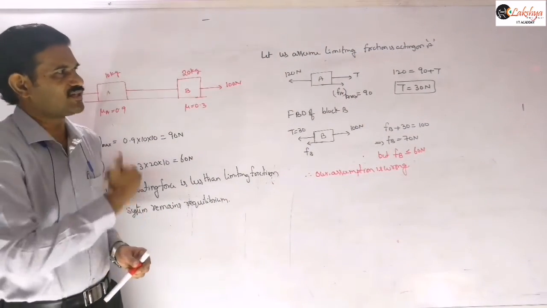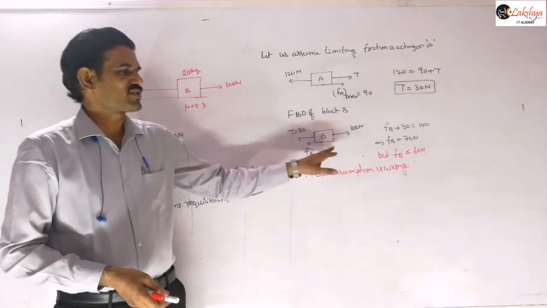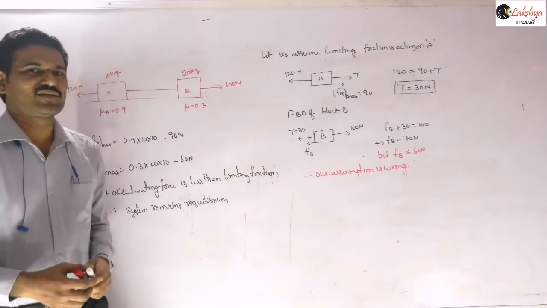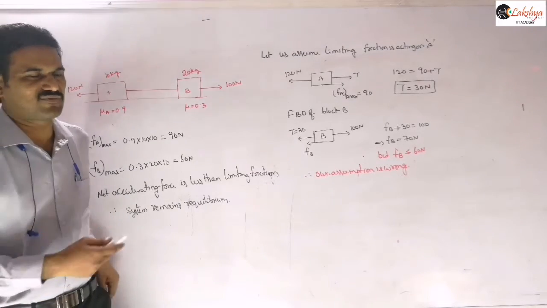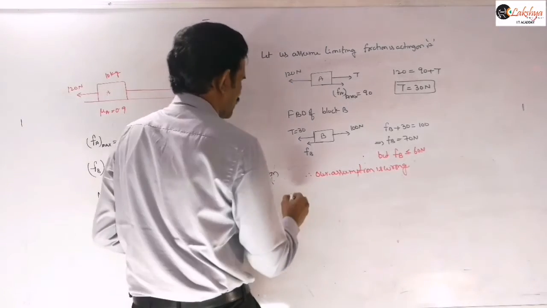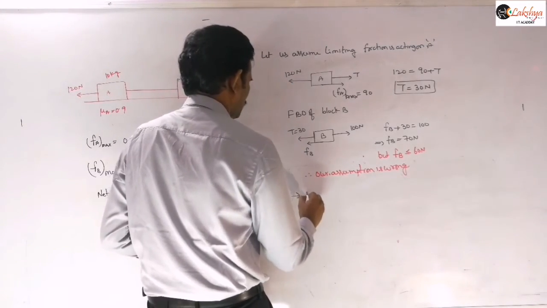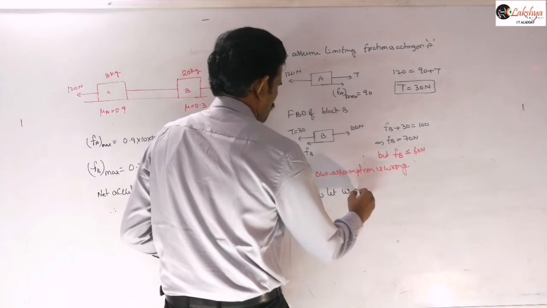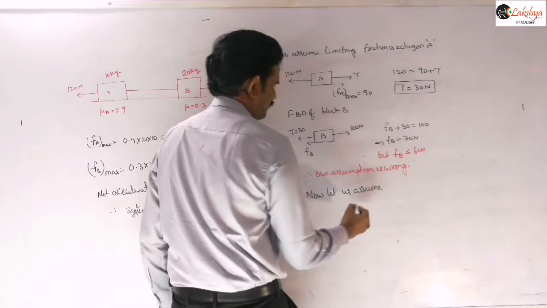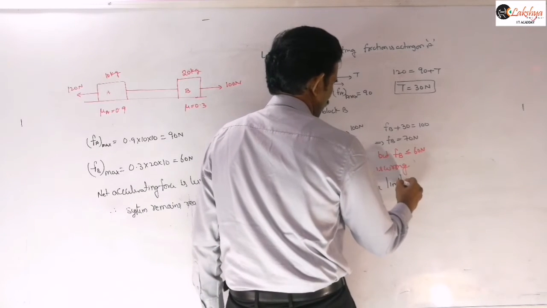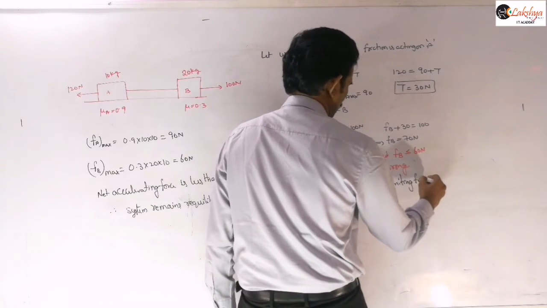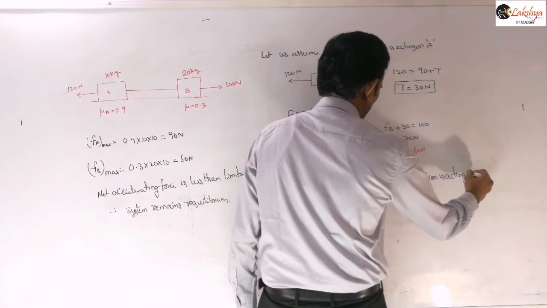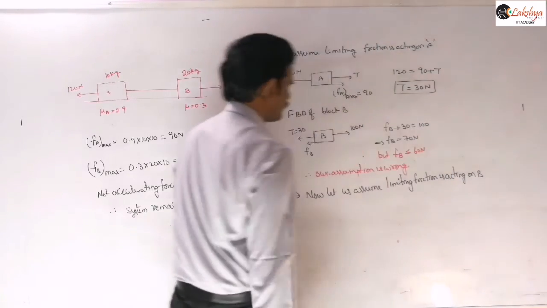So then our assumption is wrong in the sense, now we need to take our reverse assumption. That means what I said, now you need to take this frictional force acting on B as the limiting friction, right? So then automatically you will get the correct answers for that case there. Now I am taking this reverse assumption here. So now, let us assume limiting friction is acting on B, block B.